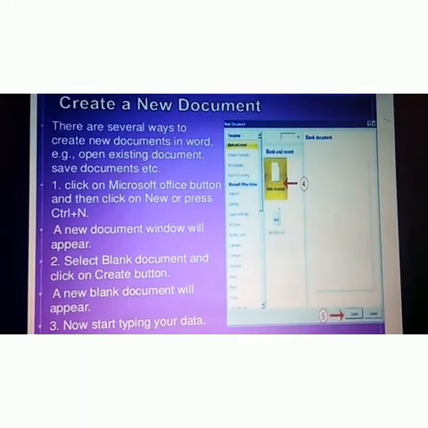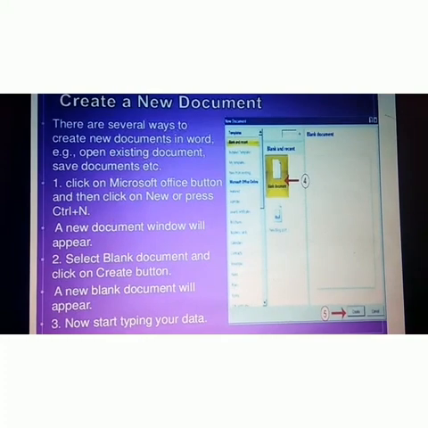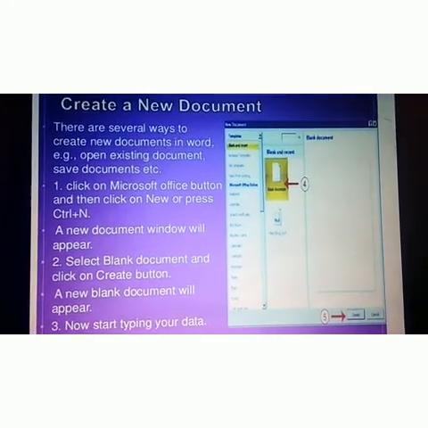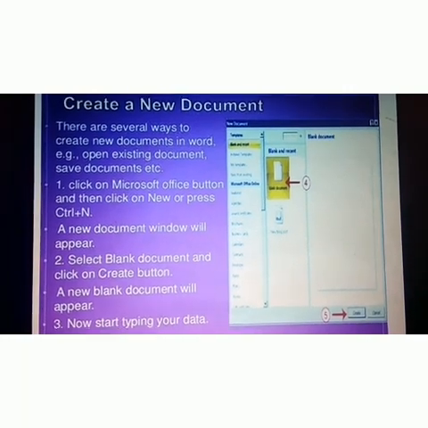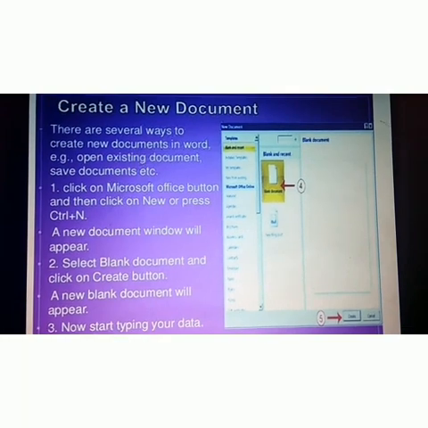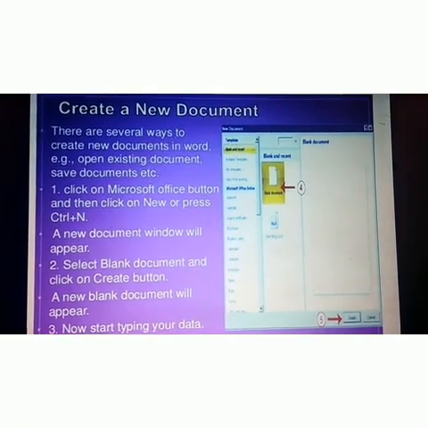A new document window will appear. Then second, select the blank document and click on the create button. A new blank document will appear. Now start typing your data. It's very simple to create a new document.